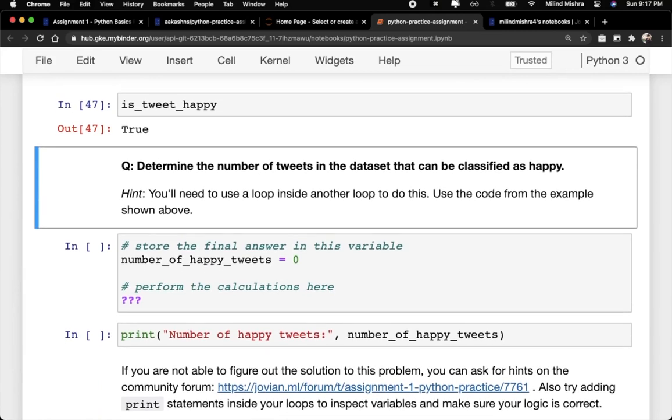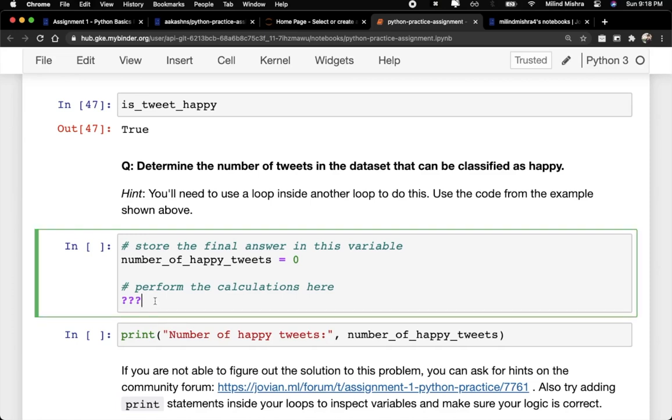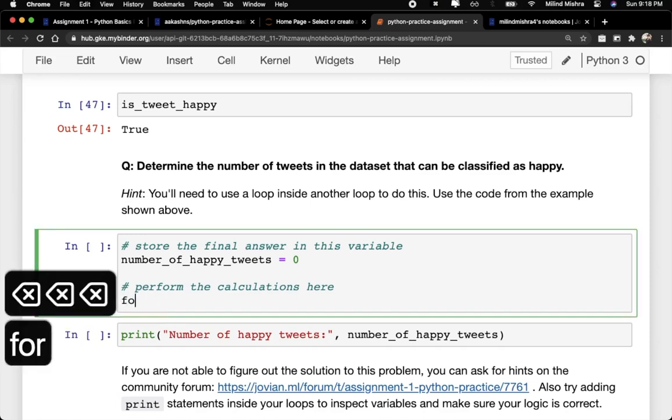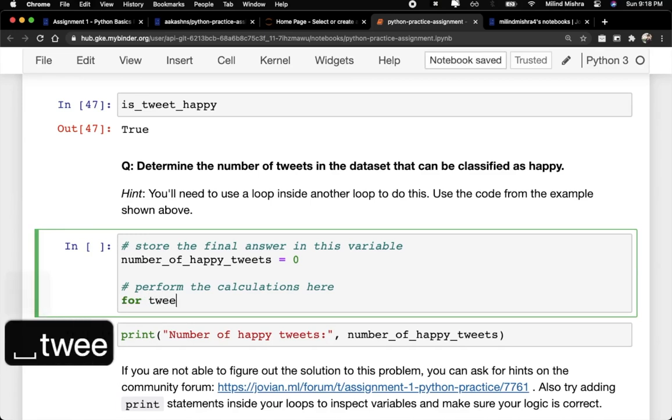So we are going to determine the number of tweets in the dataset that can be classified as happy. How can we find the number of happy tweets in the whole dataset? We can just iterate over the whole dataset using